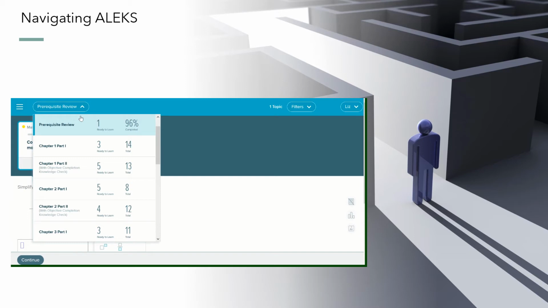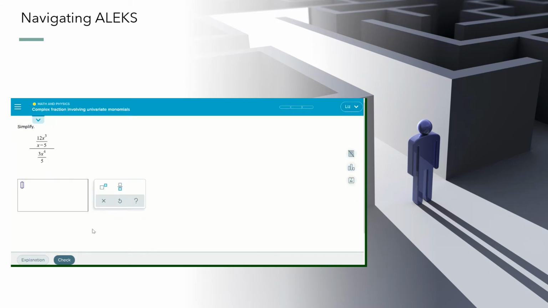In all likelihood, you are going to encounter something very different when you hit Start My Path, because you're going to have a lot more work to do. That's okay, that's normal. But this is how you can tell where you are. You can also tell what's coming next and how much you've completed of what's coming next, chapter by chapter, objective by objective. Let's for now stick with what's left to do for prerequisite review, which is this